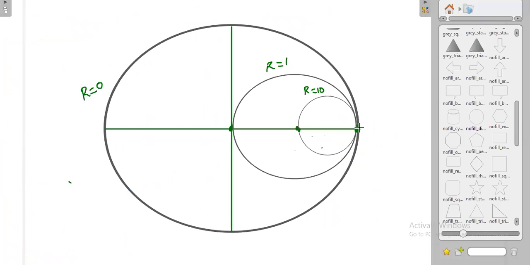Finally, when r is 0, you are on the bigger circle. When r is equal to 1, this circle; r is equal to 10, and again it goes like this. Finally, this is r is equal to infinite. So r is equal to infinite is a point, that is 1 comma 0. What does 1 comma 0 indicate, sir? The resistance value r is equal to infinite. Are you getting the idea, sir?